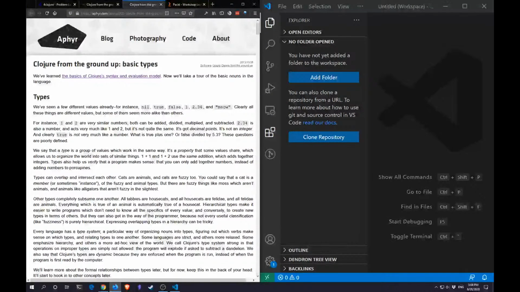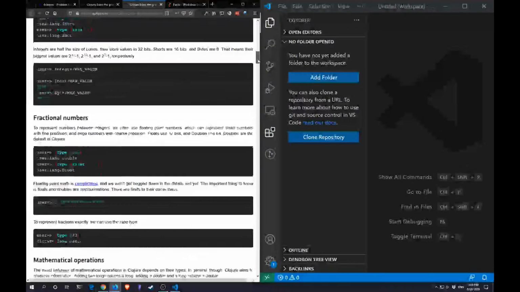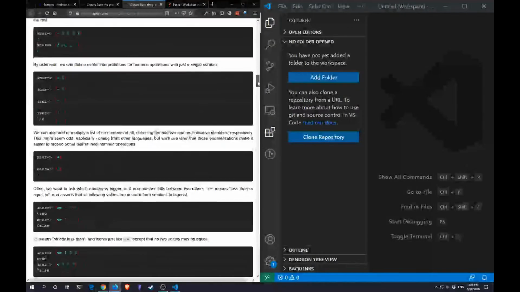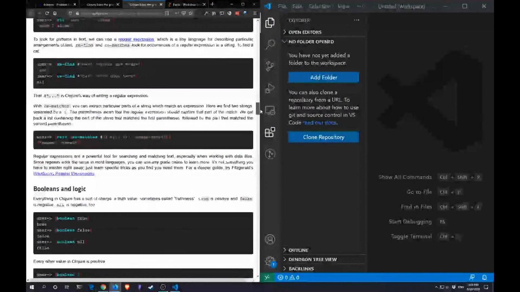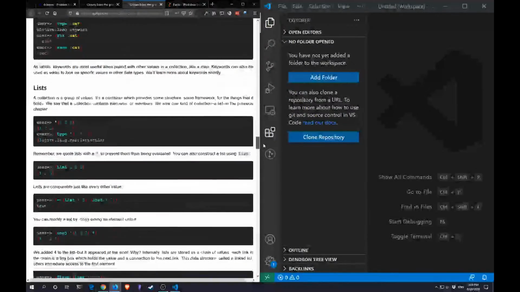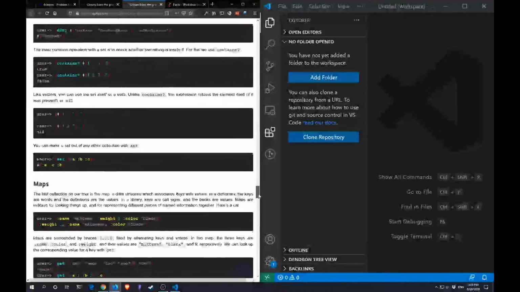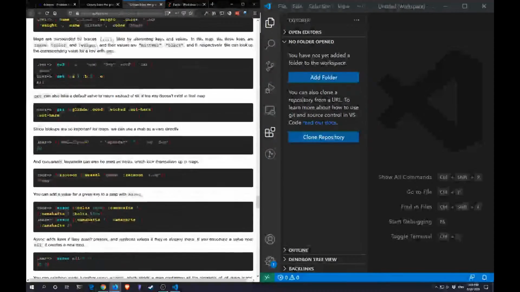So yesterday we left off at this chapter. We completed the Clojure from the ground up basic types, where we learned about integers and fractional numbers, mathematical operations, strings and boolean and logic, etc. Symbols, keywords, lists, vectors, sets and maps. We also